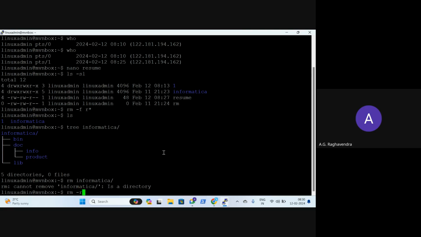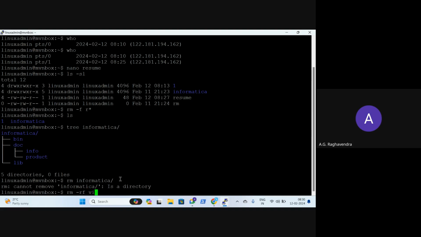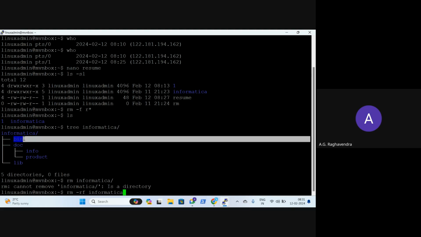R stands for recursive. F is force, of course. So what does this recursive do? Now let me give Informatica. It will first go to Informatica, goes into bin.